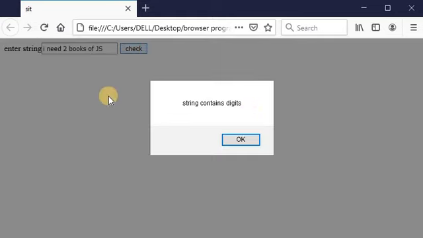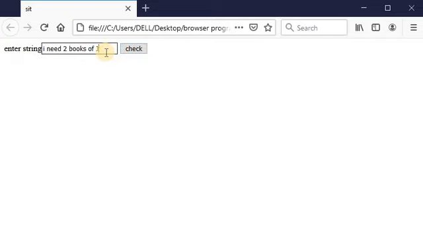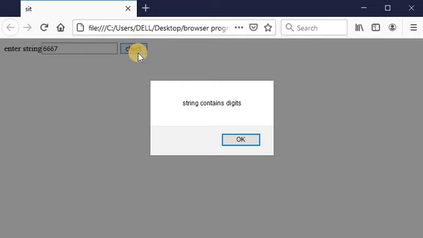String contains digit, because in the string 2 is a digit, so it displays string contains digit. Means if str contains at least one digit, then it returns true. Suppose here I am writing a number and check. Here also string contains digit. This is the output of our matching digits.